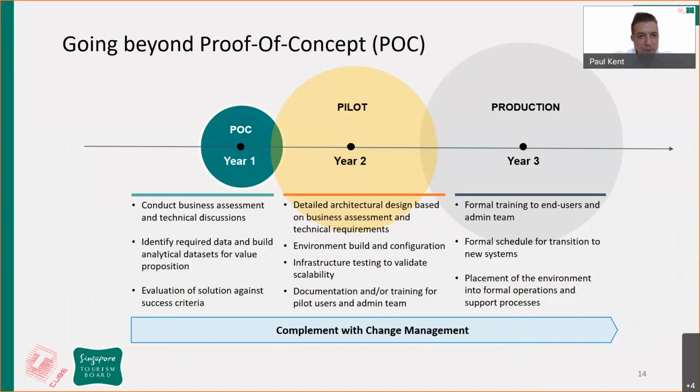So it's good to keep in mind, proof of concept's always just the start and generally done quite quickly to demonstrate the value of an idea. But if done correctly, often you'll be in discussions about then what should we do with it next. So moving on from there is often around operationalizing what's been done. For example, the POC could be taking quite static information, manually uploading it somewhere, and then there's a dashboard or some type of analytic solution feeding off that. But how do we make that more near real time or real time? How do we operationalize it, make sure that data is flowing in? So you get into questions around the architectural design, the technical requirements.